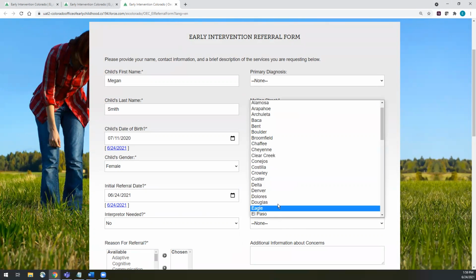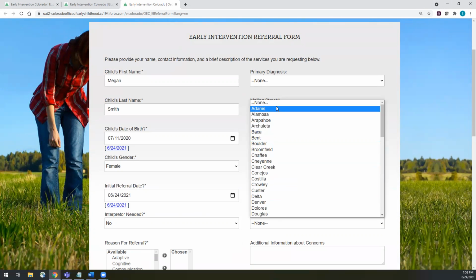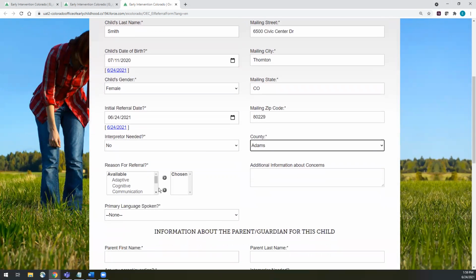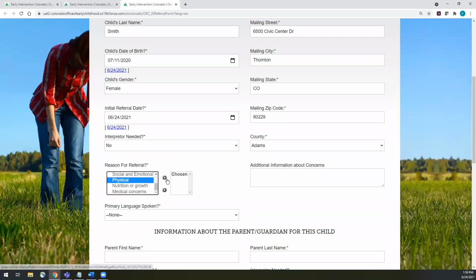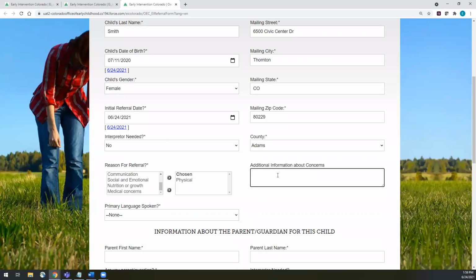And what county does Megan live in? We are going to select Adams. What's the reason for the referral? So we have our 5 developmental domains, plus growth or nutrition and medical concerns. So for Megan, we will select physical, and we can enter any details the user would like